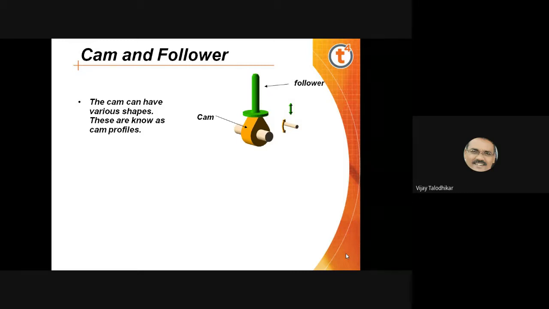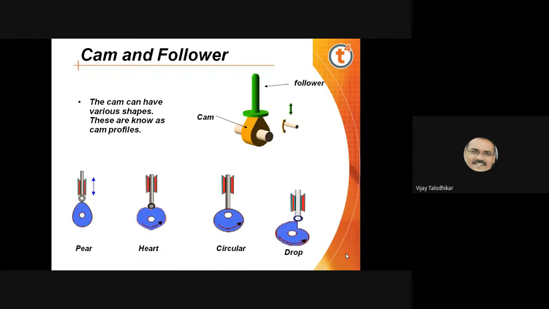A cam can have different shapes and sizes. Now see that in the particular figure, the cam is a rotating member and the follower is a reciprocating member. So let us look at different shapes of the cam. Four shapes of the cam are visible.